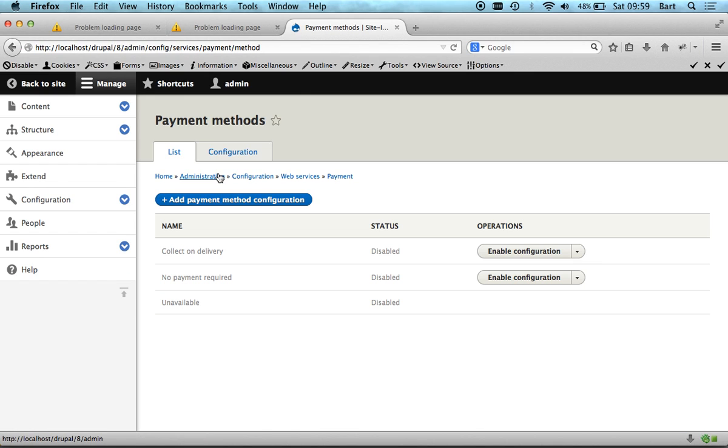One of the big differences in the interface is the payment methods. Because we split them up, there's a little extra tab there at the top. The list page gives you an overview of all the payment method plugins that are available. As you can see at the bottom, Unavailable, which also was sort of a plugin type in Drupal 7, is